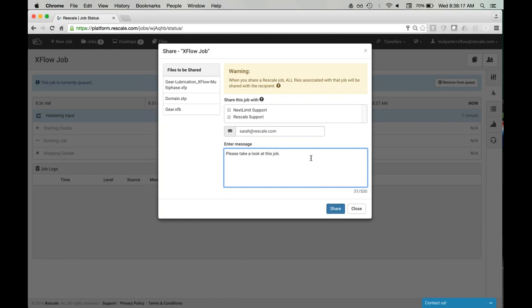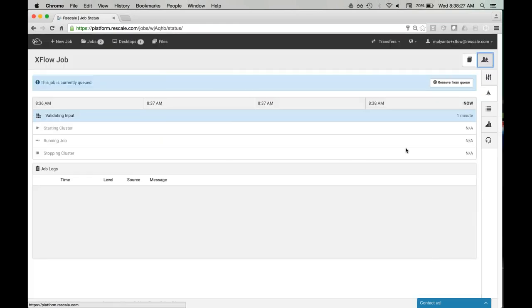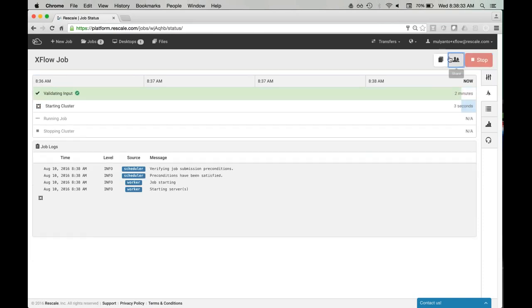When I share this job, Sarah will get an email with a link to the job, and she will be able to see what's going on with the job as well. The second button here is the clone button, and this will create an exact clone of your job setup,